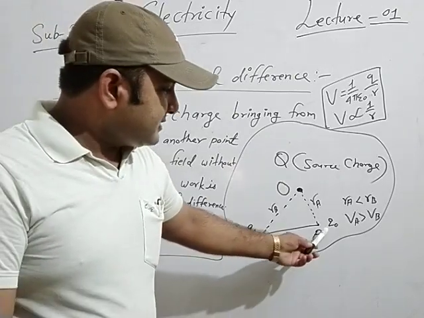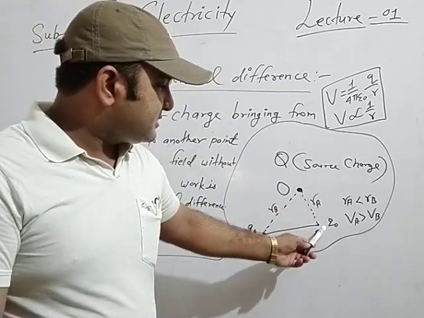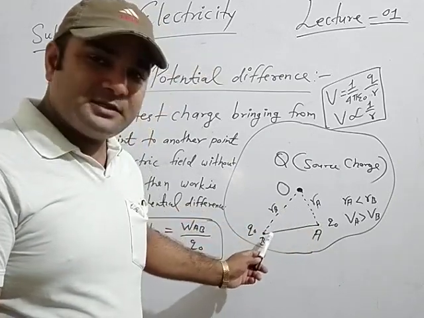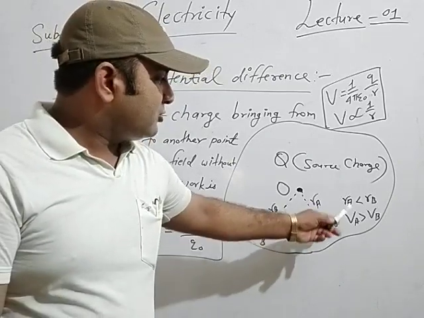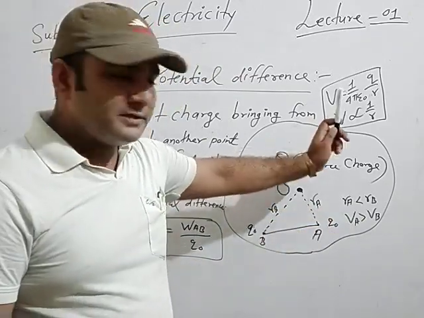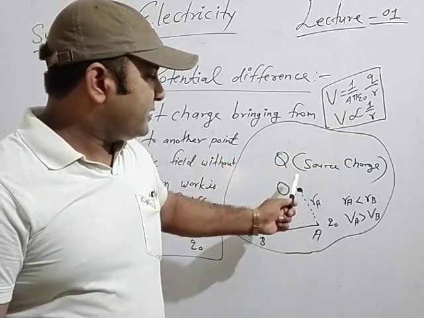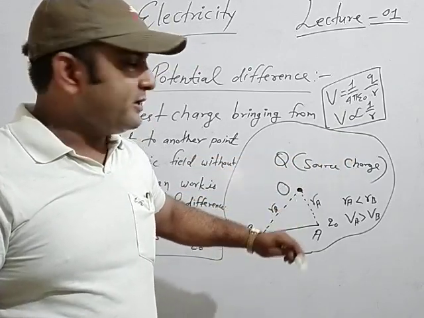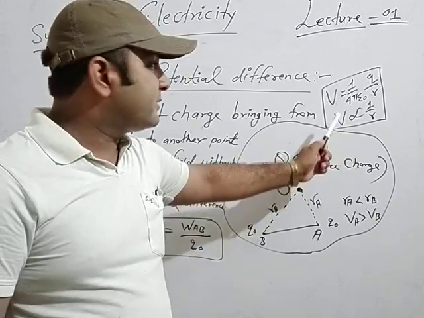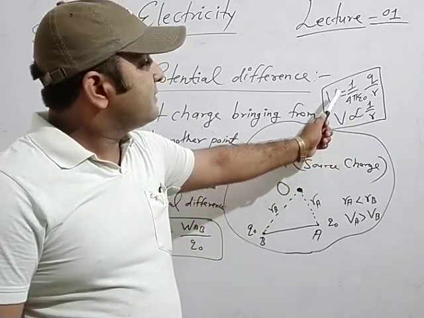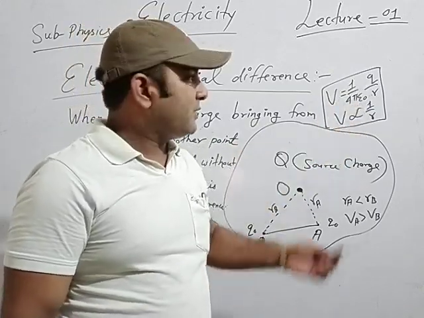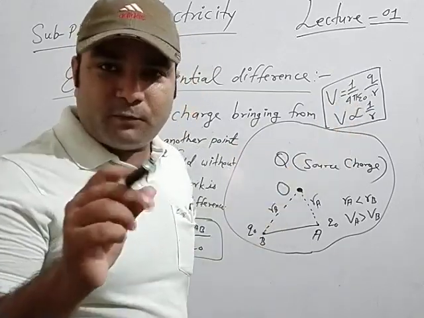जब डिस्टेंस कम होगा तो पोटेंशियल ज़्यादा होगा। इस Q नॉट की डिस्टेंस सोर्स चार्ज से RA जो है वो क्या है? कम है। किससे? RB के कंपेरिजन में। तो RA जब कम है तो पोटेंशियल एट पॉइंट ए क्या होगा? ग्रेटर होगा। क्यों? क्योंकि ये क्लास 12 में फॉर्मूला ड्राइव किया जाएगा पोटेंशियल का ड्यू टू ए पॉइंट चार्ज पोटेंशियल एट एनी पॉइंट आर ड्यू टू ए सोर्स चार्ज पोटेंशियल एट एनी पॉइंट एंड टेस्ट चार्ज V इज इक्वल टू व्हाट? 1 अपॉन 4 पाई एप्सिलॉन नॉट Q अपॉन R।